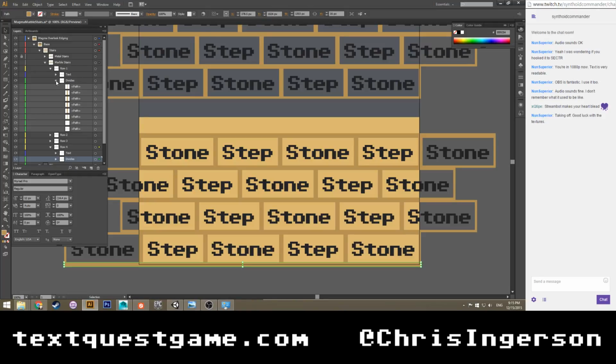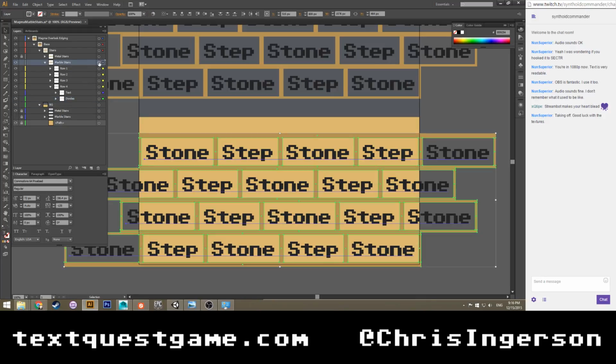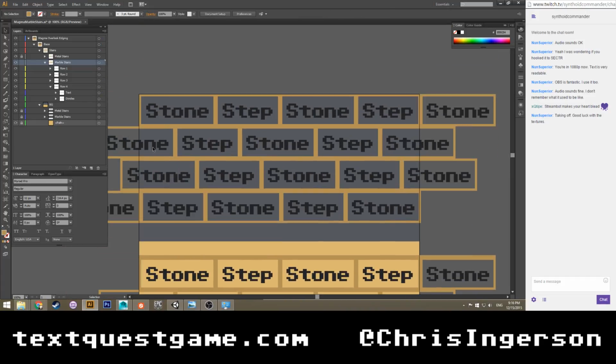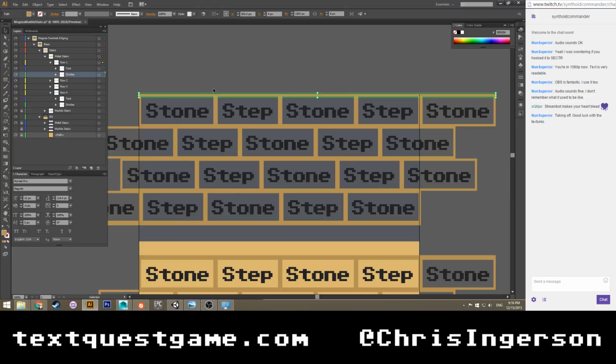I will need to, of course, select the entire row again for marble stairs, and move it up by 8. And we'll have to do the same for these guys. So let me get that, let me lock this, let me unlock that. Make this 16, make our height plus 4. Make this 16, and make our height 0.